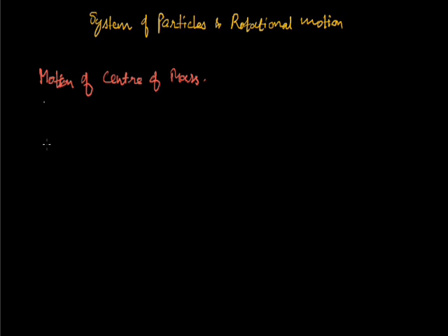We know that the position vector of a center of mass we represent by a vector capital R, which is equal to sigma mi ri vector divided by sigma mi. Sigma mi is also considered as the complete mass of the system, or combined mass of all the particles of that system. In that case, we can also write the same equation as M R vector equals sigma mi